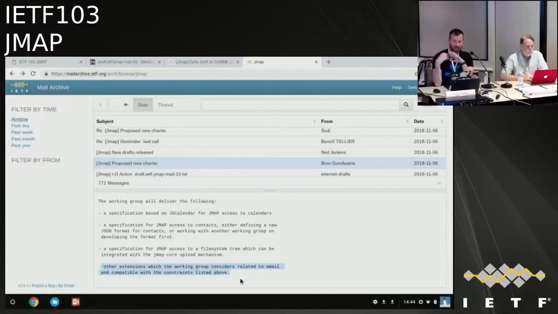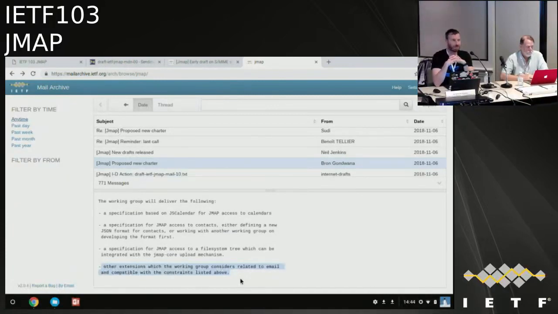I've highlighted the last bit, which is that the working group has to consider it to be related to email and compatible with the constraints to accept the work. Yeah, which is a slightly odd one in some respects, in that yes, it's kind of related to email, but at the same time, the core doesn't say anything about email. It doesn't have to be email, and that's why we're using it for other types as well.